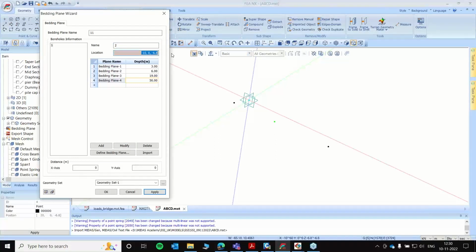So location being 20, 0, minus 6.8. The first layer let's say is 5 meters deep, second layer 12, third is let's say 24, fourth is let's say 60.